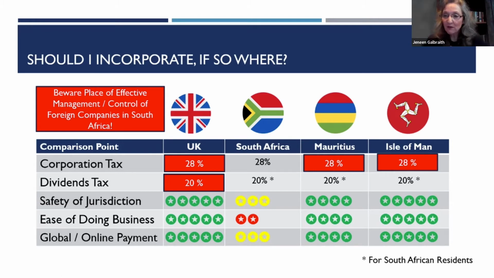Sorry, just repeat that for me, Mark. So the place of effective management: if we go and set up a company, you fully control it, you're the director, you're pulling all the strings from South Africa, it would be a deemed controlled foreign company. Yes, so effective management. Basically, Mark, what you're referring to is that if SARS think that company is effectively managed from within South Africa, they can claw the company back into the South African tax system and make it register for tax and pay taxes here.